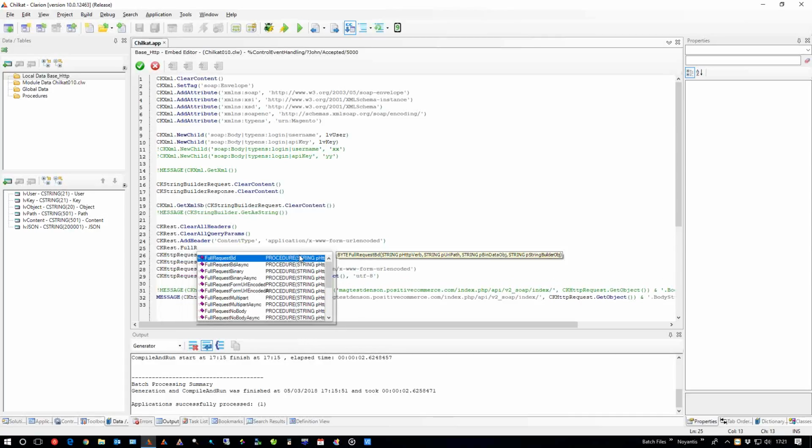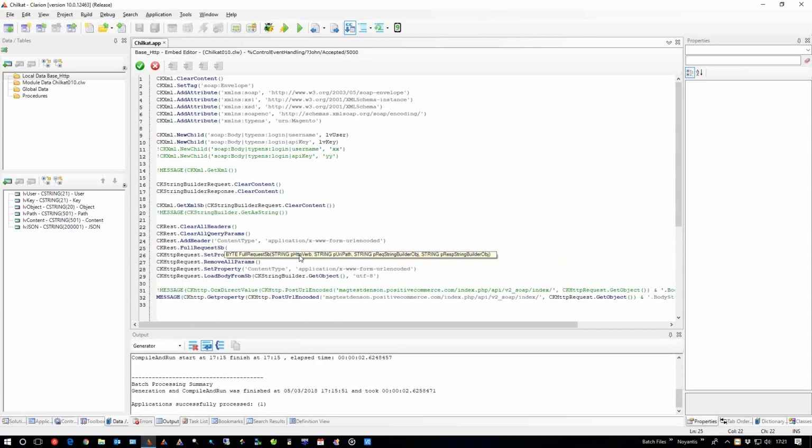So it'd be full request string builder. So we're going to do a post. We're going to go against your particular path. Let's go and pinch that. And then it's going to be the